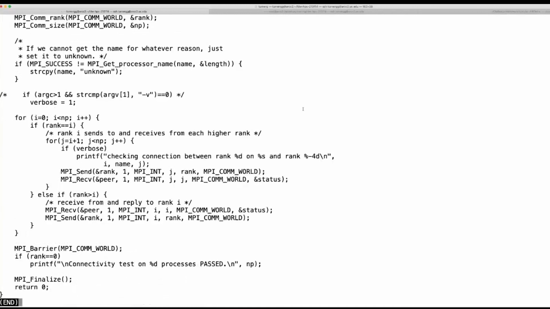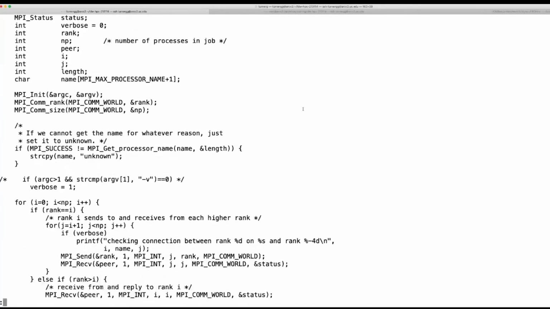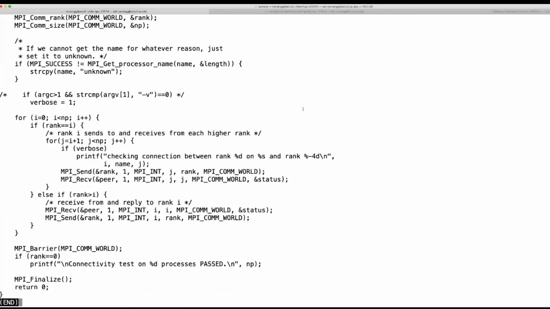So this is the bottom of the file. I can use an up arrow to move up. I can use a down arrow to move down. I'm not really going to go through this in detail, but essentially what it's doing is, again, we're going to